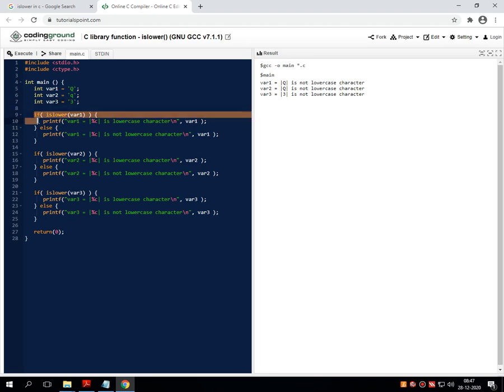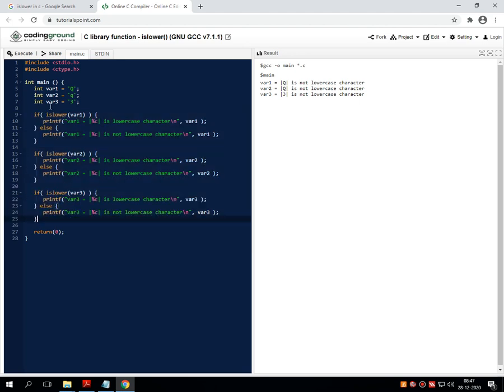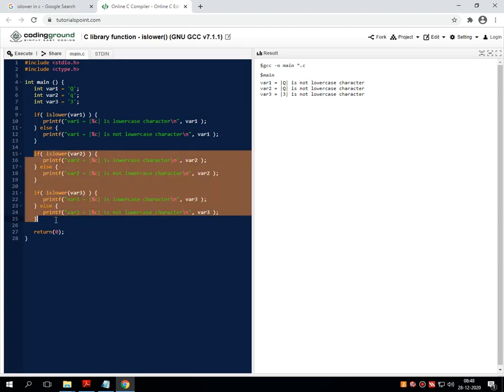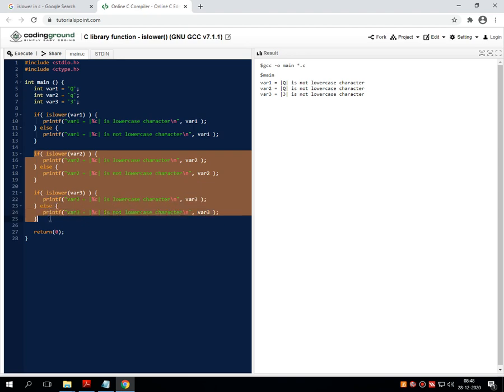Then there are multiple decision making statements, as there are 3 variables, so it will check for the 3 variables. If I want to make this program shorter, I am just removing the remaining conditional part from the entire code.